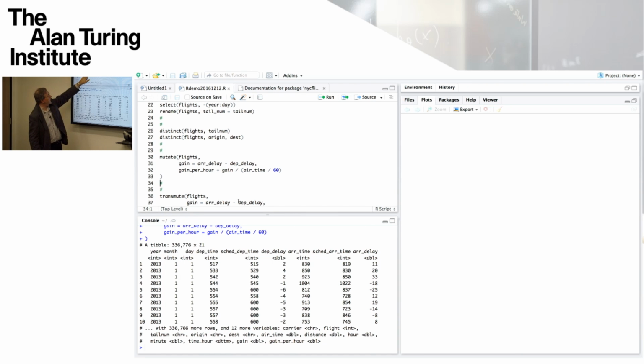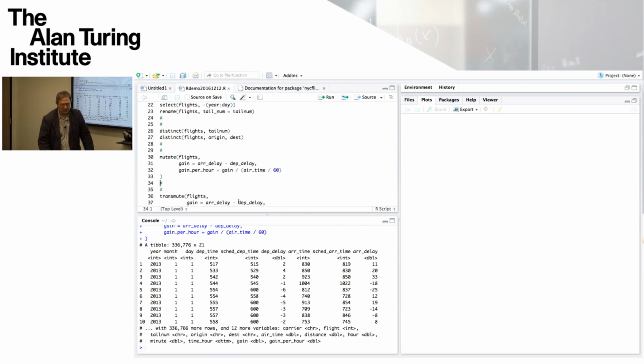So it's the actual arrival delay minus the actual departure delay, which you might think of as the gain that took place when you took that flight. And then gain per hour uses this new variable gain in the expression to form the gain per hour of flying, so that's the air time, the amount of time spent in minutes, divided by 60, which is the amount of time spent in hours. So that's rather nice. You can build variables using the new variables you've just constructed, which gives us this thing here with the gain and gain per hour new variables.